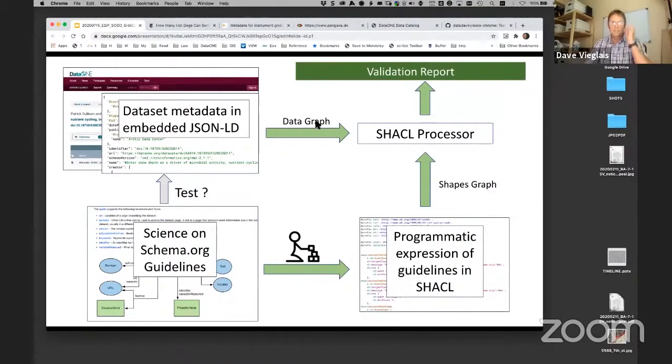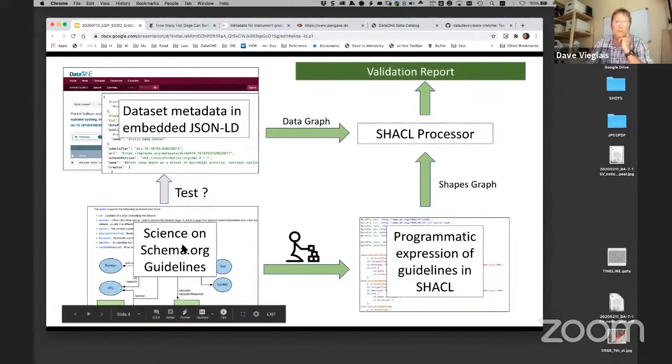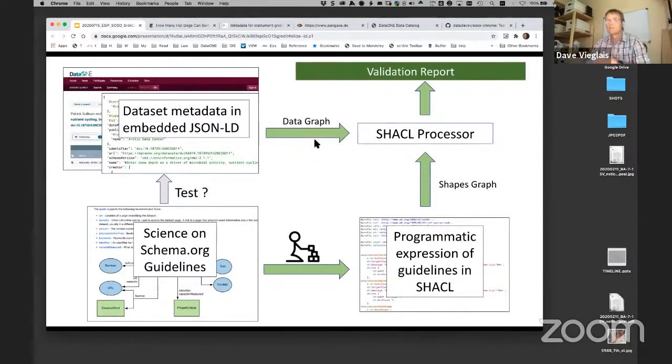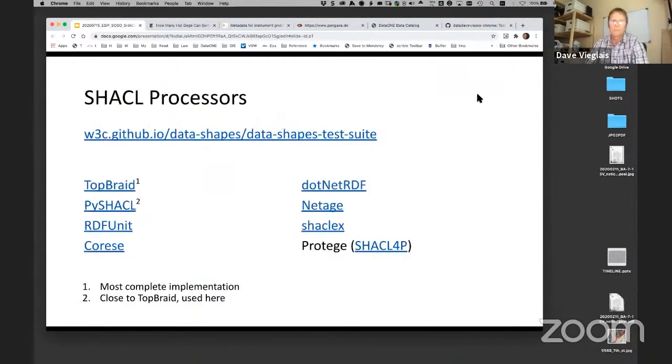So what are the pieces needed for this? Basically, we need to take the guidelines and express those in SHACL rules, SHACL constraints. Then we can take data, which may be in different locations, or maybe just files on your desktop, and run that through a SHACL processor to get the validation report, to verify that what you're looking at actually conforms with the guidelines. So that requires development of these guidelines. It also requires some tooling to provide the SHACL processor part, and then also some rendering of the validation report that comes out the other end.